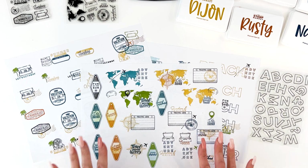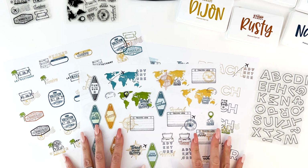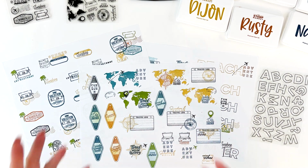So have fun. Remember, that's what I keep saying over and over and over. It really does help you get more confident in your stamping, and it helps you figure out all kinds of ways to layer and get a lot more mileage out of your stamps if you take some scrap paper and just stamp. Just have fun and play, and then you'll have a lot more confidence when you go to actually use it on your